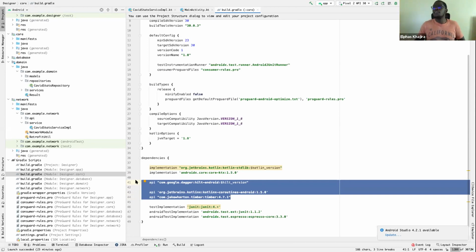But when you're developing a big application, you will find scenarios where you have stuff that you use across different modules. For example, extension functions, let's say nullability extension functions that you define. Those will apply in your app module, your network module, your database module. So you'll have such things in your core module. Does that make sense?